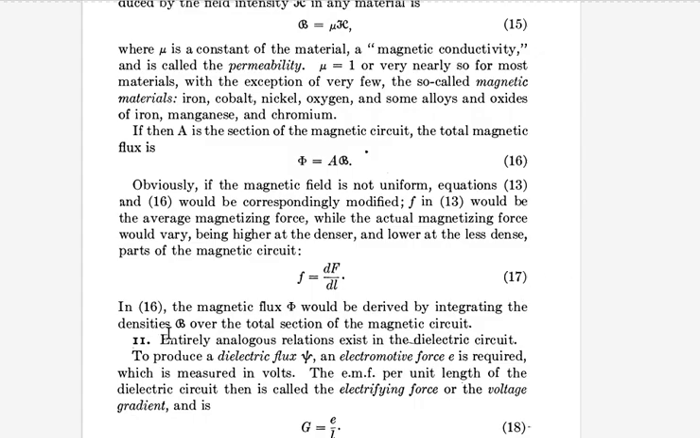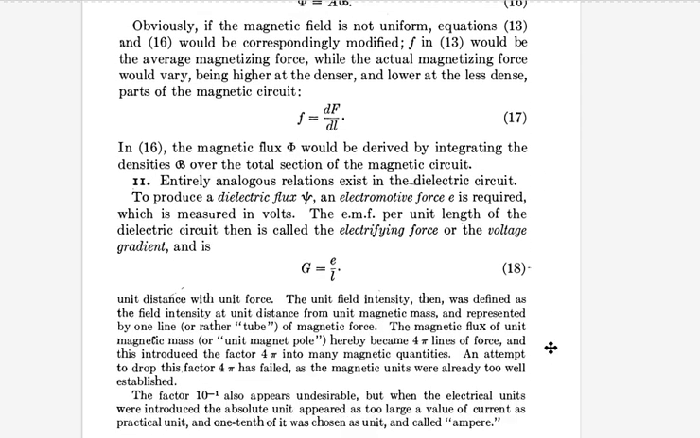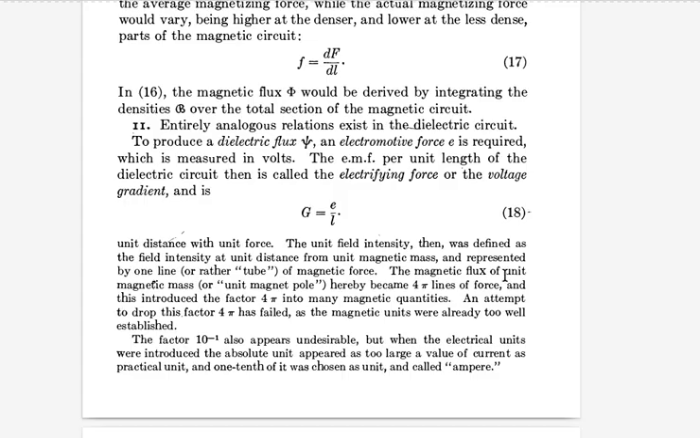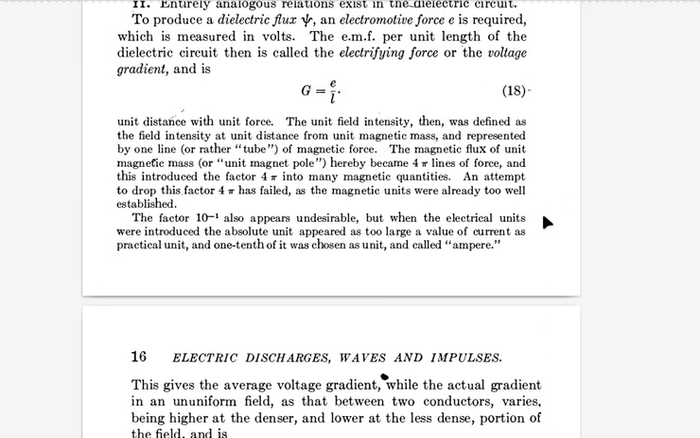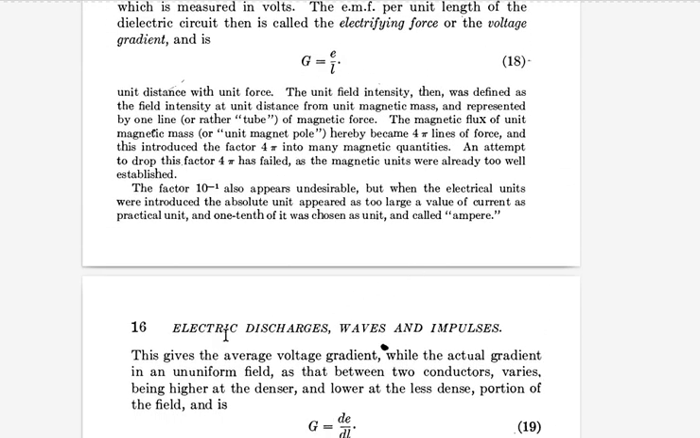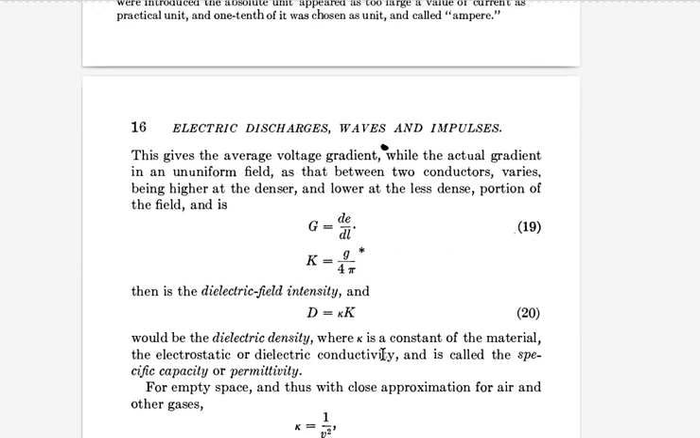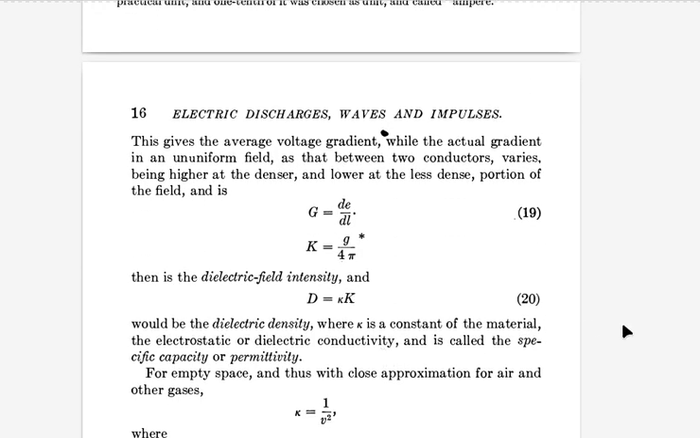11. Entirely analogous relations exist in the dielectric circuit. To produce a dielectric flux psi, an electromotive force E is required, which is measured in volts. The EMF per unit length of the dielectric circuit then is called the electrifying force or the voltage gradient, and is G equals E over L. This gives the average voltage gradient, while the actual gradient in an ununiform field, as that between two conductors, varies, being higher at the denser, and lower at the less dense, portion of the field, and is G equals dE/dL. K equals G over 4 pi then is the dielectric field intensity,